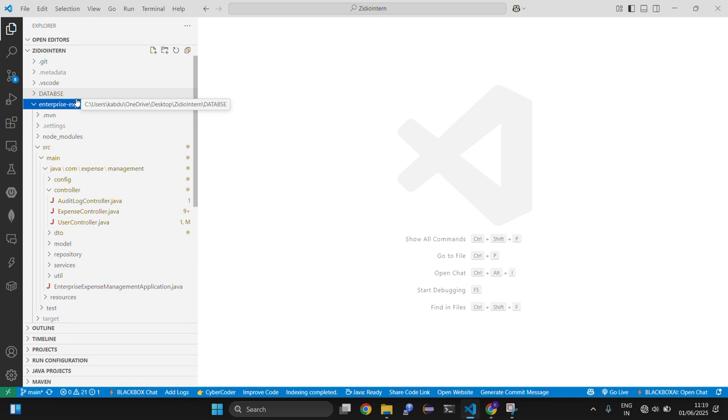Architecture. The architecture I use follows the MVC, model view controller pattern, and layered architecture with Spring Boot. It helps in clean code separation, better maintainability, and scalability. That's why I use the MVC architecture. Okay, guys, I will explain each and every part